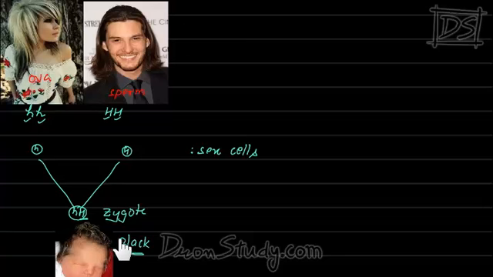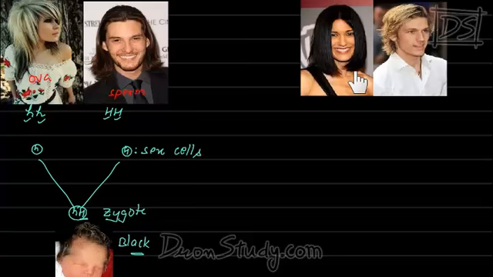Let's consider some more cases. Now let's see if these two reproduce, what will be the hair color of their children. Okay. So for this, first of all, we should know the genotypes of these two. Suppose the male genotype is capital H, capital H, okay, and that of the female is capital H, small h. It might happen. Though this has both the genes, capital H will be the dominating one, and for this, the hair color of the lady is black.